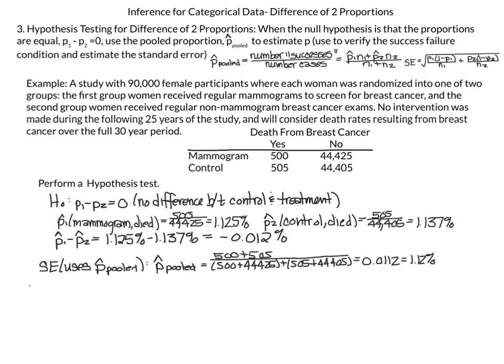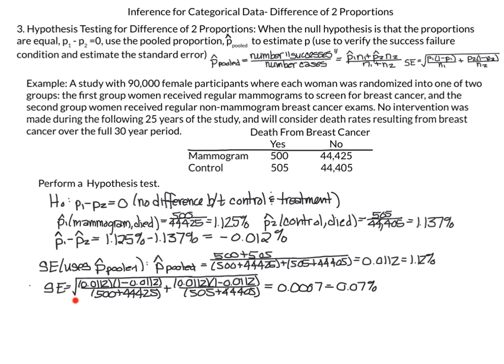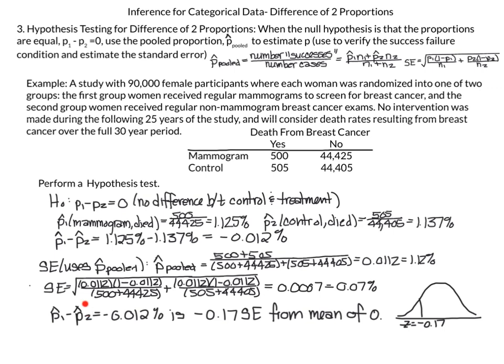Remember, this is p hat pooled, and now we can calculate our standard error. It's going to be the square root of p hat pooled, which I converted to a decimal, 0.0112, times 1 minus 0.0112, over n1 plus the same over n2, and that gives us 0.07%. So what we have so far is our p1 hat minus p2 hat, which is equal to negative